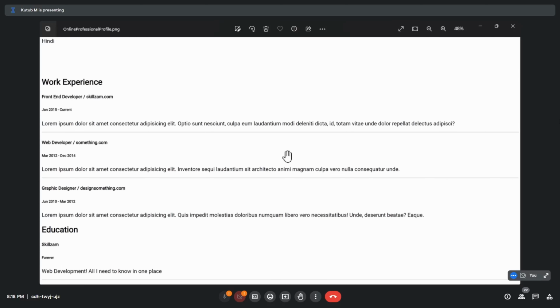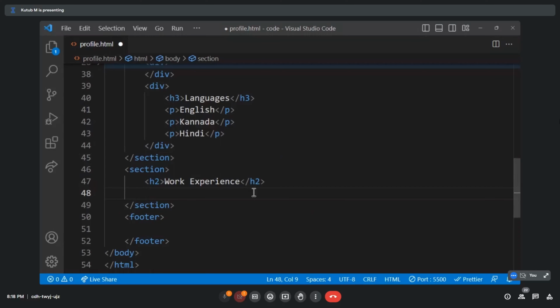So let's go ahead and do that. What we see here is a front end developer. Let's say for that, let's use h4 tag, as front end developer or skills and front slash skillsam.com. Again, mind you guys, here I am trying to write all the things inside an H4 tag, but ideally